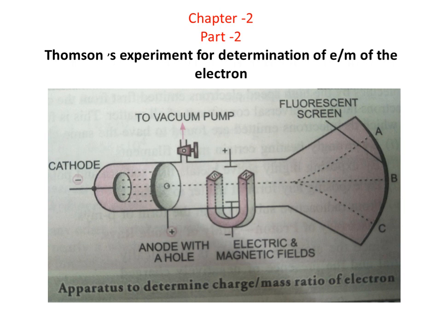Hello students, start with chapter 2, part 2: Thomson's experiment for determination of charge to mass ratio of the electron. The apparatus used consists of a cathode ray tube. Electric and magnetic fields were applied perpendicular to each other as well as to the path of the electrons. The experiment is based on the principle that the extent of deflection of the electrons will depend upon the charge on the electrons, mass of the electrons and strength of the electric and magnetic field.